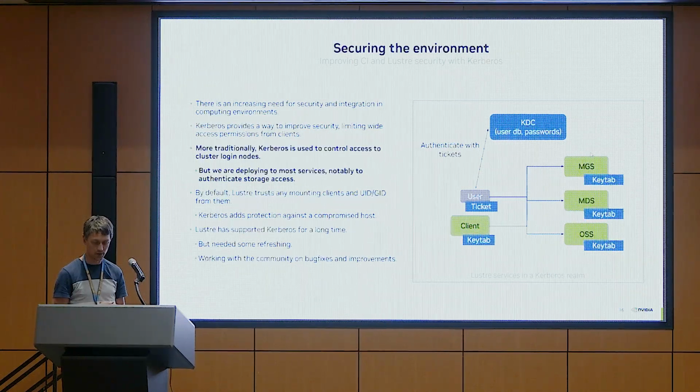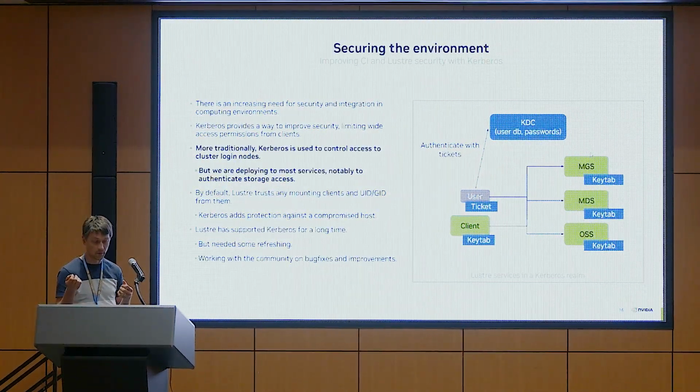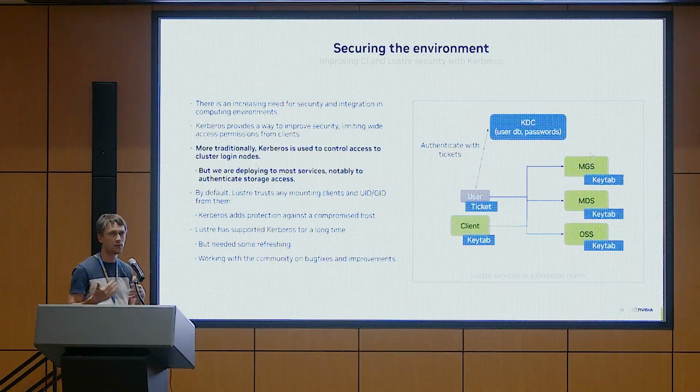But what we are trying to do is actually to deploy Kerberos everywhere inside the cluster and apply that to every service, which includes Lustre. Lustre, even if it's changing a bit on the recent version, more generally trusts a lot what the client is doing. So when a client tries to mount the file system, the servers will trust it. It won't prevent that, or there's very limited way to check that. It's easy